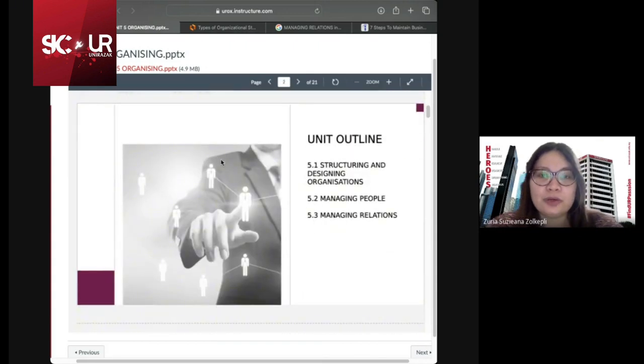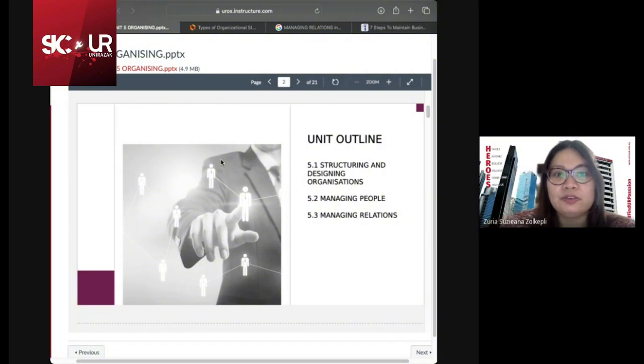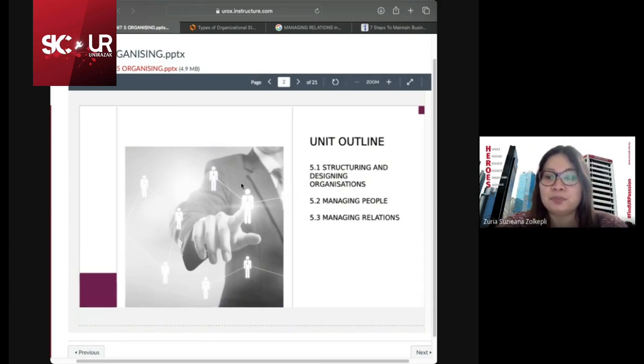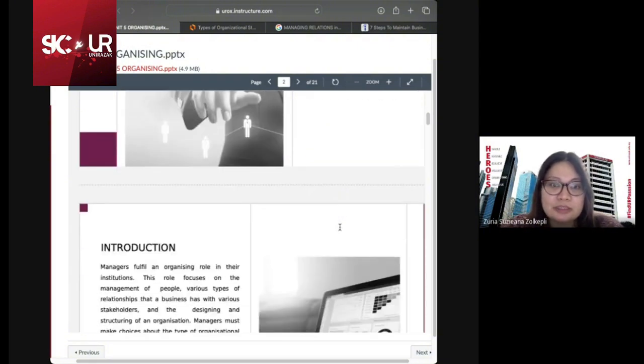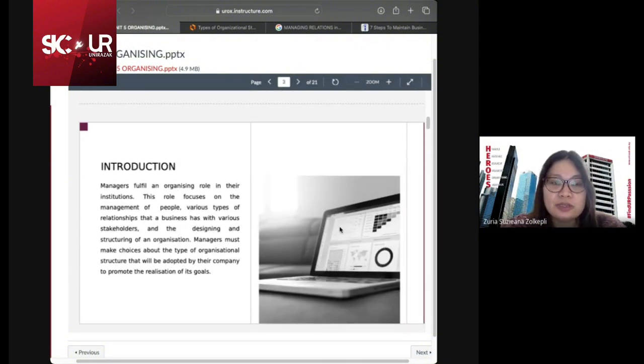The unit outline for this chapter: the first one is regarding structuring and designing organizations. We are going to take a look at the types of organization structure, and then the benefit of organizing. Next is managing people, and lastly is managing relations. So as an introduction,